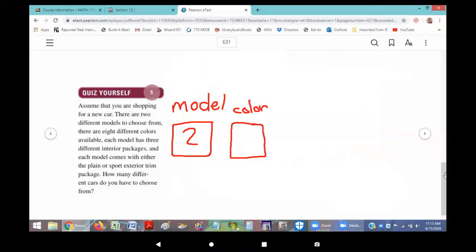There are 8 different colors to choose from. Each model has a different interior package, with 3 choices, and each model comes with an exterior package